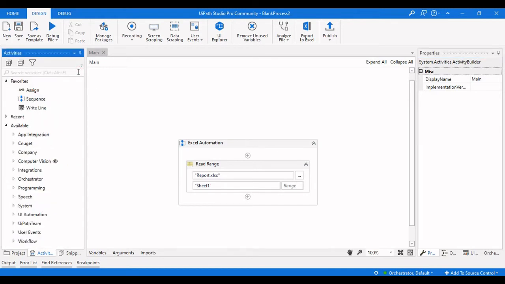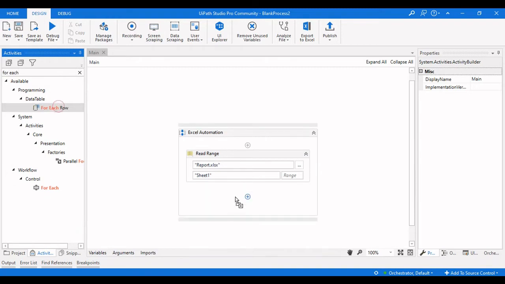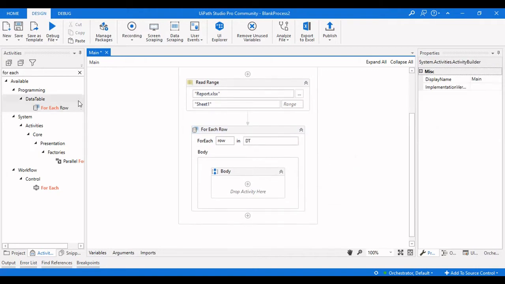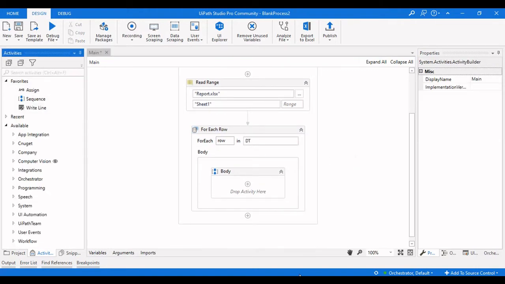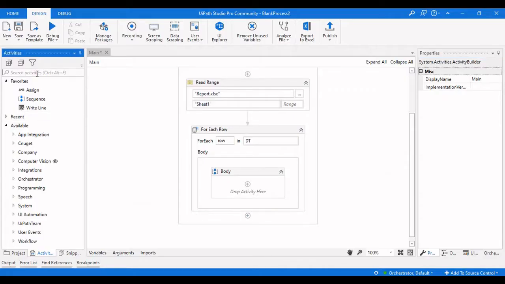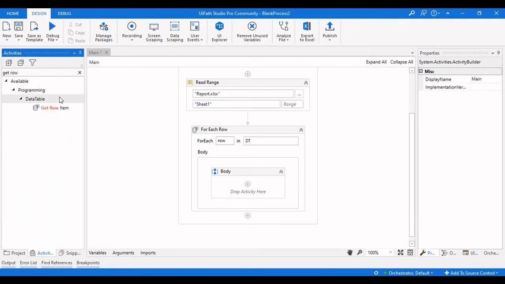Then we need to iterate through this particular data table. I will use a For Each Row for iterating through this data table. Let me give the data table name here, dt. Then I need to get each column value based on this particular column, area. So I will use the Get Row Item activity, which will give us all the values in that particular column.